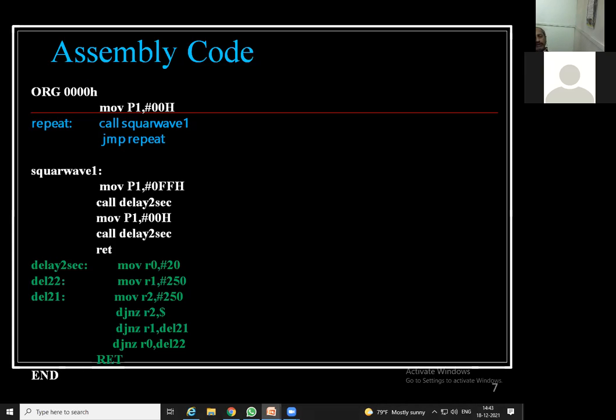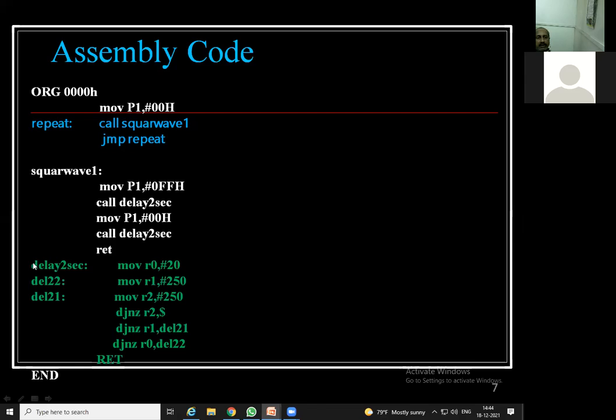The next one, for additional things, I have just copied the assembly code for this particular DAC. The main applications of the DAC are the generation of triangular wave and square wave. So with that we can generate the square wave, and for the square wave I have taken out this small program. If you run this program, definitely the output you will get is the square wave. For a square wave, the main criterion is that the on period and the off period are both the same. That is known as the square wave, and that is going to be generated through this particular code.